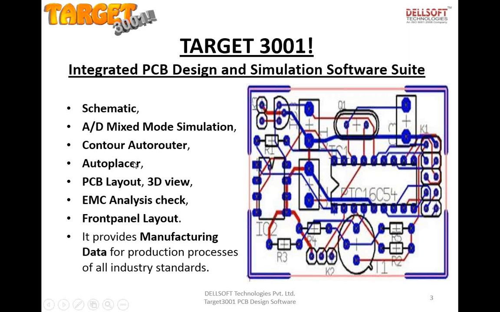Auto placer is there, just like the auto router auto routes the signals, it auto places the components in an optimized space. We design the circuit as a rough sketch, but when we create the layout, it requires a small optimized space to place our components. That's why the auto placer helps to optimize those components in the circuits.